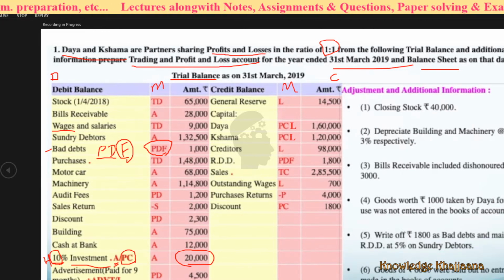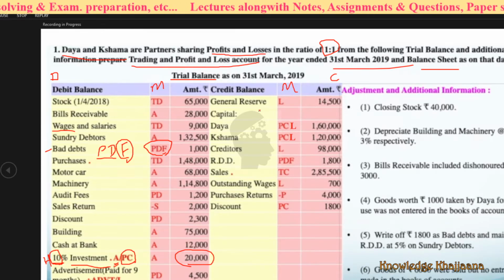Then royalties. What is meant by royalties? Here only royalties is given. It means the royalties which may be given on manufacturing, trading or packaging, okay. If it had been given as royalties on sales, then that amount would go to the profit and loss account, debit side. Here only royalties is given, meaning royalties on manufacturing, packing, production. So that amount will go to the trading account, debit side, because it is only royalties.